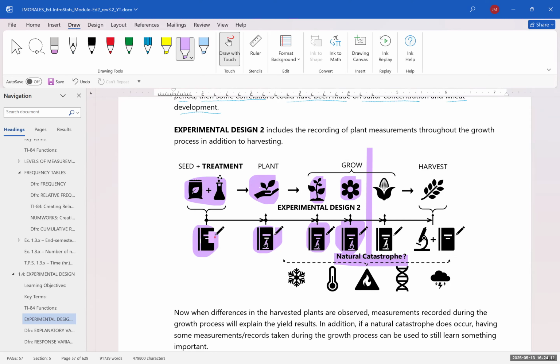And when you go to repeat this experiment, because there was a natural catastrophe, you could follow all of the same conditions that you had started at your first experiment, and then track the progress to see if the measurements in your second experiment at least match that of your first, and then keep going until the end. Okay, that would be on your second experiment. So, doing something like this